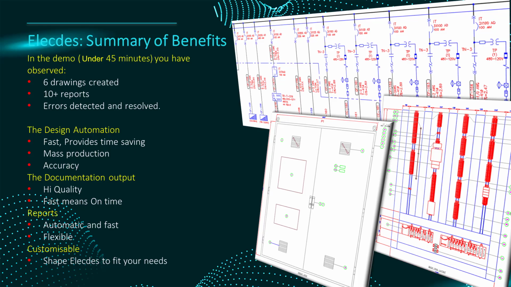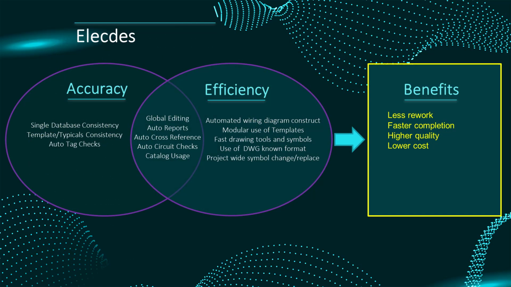An automated wiring diagram system which greatly enhances productivity and accuracy when delivering your projects to the wiring and termination team. Catalog specification driven data, again reducing any chance of data errors. An automated report extraction system which elevates your accuracy and improves your productivity. All of those accuracy gains are summarized in this diagram. If you are making fewer errors, you'll have less rework, your project will take less time and will cost less. Similarly, if your efficiency and productivity are elevated, then your project will be completed faster and cost less.